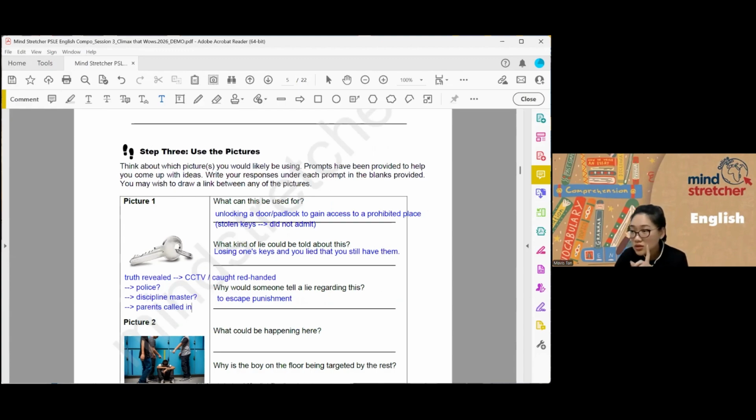Now, for those of you who look at this picture and say, oh, I want to talk about having access to keys I'm not supposed to have and lying about it and then getting punished, I want you to remember that you should be writing from the perspective of someone around your age. Please don't be like a 30-year-old man who is a seasoned robber. Okay, no. Be you, a child.